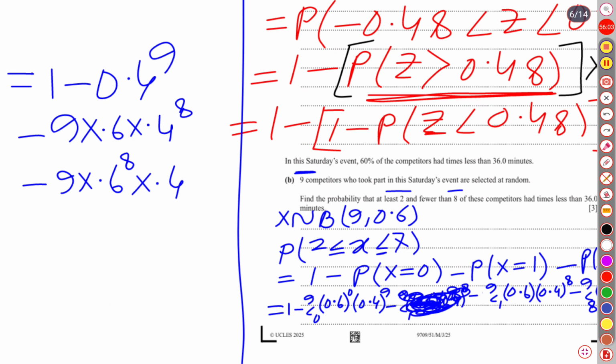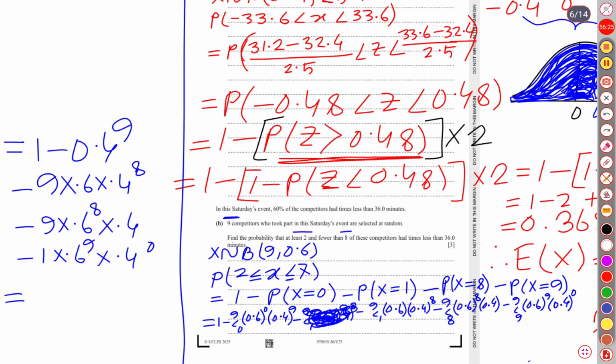So it is minus 1 into 0.6 taken 9 times and 0.4 taken 0 times. Then if we calculate our probability, using our calculator, we find that